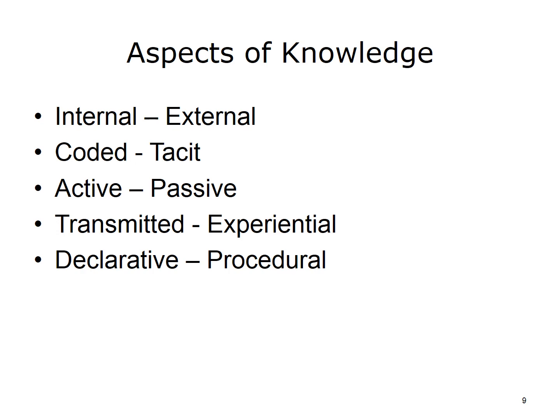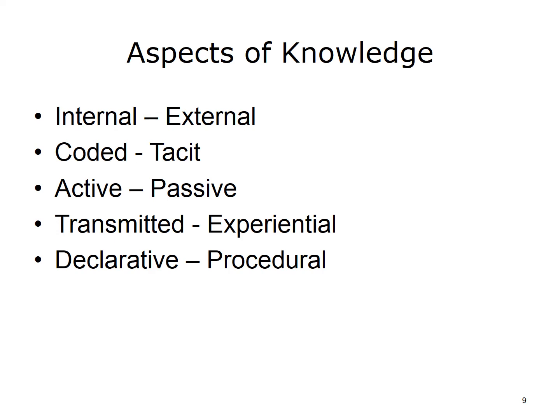Still others have made the distinction between active and passive knowledge in the way that knowledge is used by the knower. Active knowledge is something that is used by the knower to do something. For example, nurses use their knowledge every day to take care of patients. Passive knowledge is different. It is knowledge or experience that is encoded by the knower, but not in actual use. In passive knowledge, the knower is not applying the knowledge. Another way to look at knowledge is whether the knowledge has been or is best learned through transmission, that is, taught or read, or whether the knowledge is experiential, that is, learned by doing.